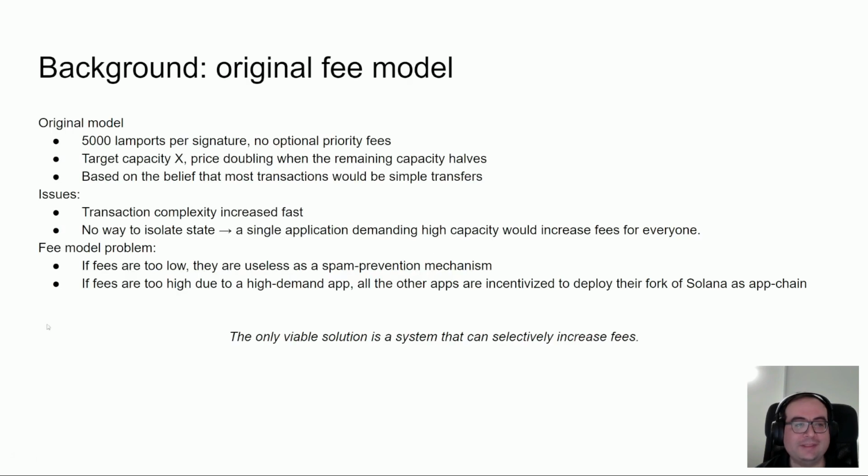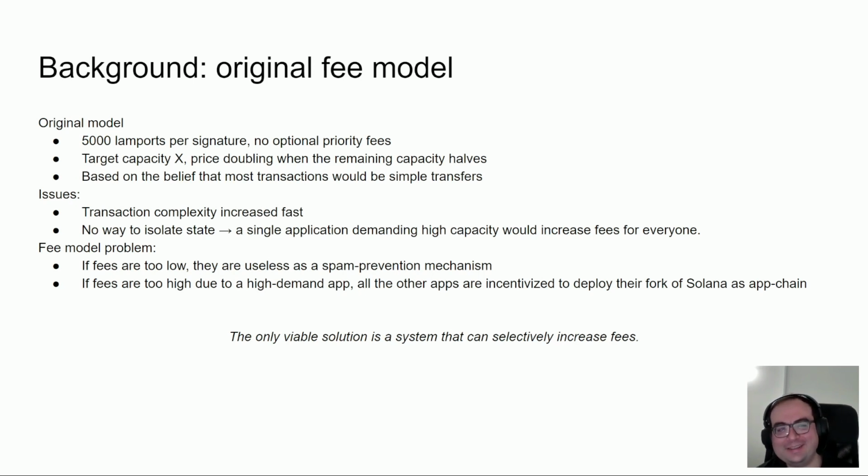SVM Execution Economics. It's another blog post from Toli again on Sollinked. You can find it there. It's now available for everyone. The idea is to talk about what's going on with the fee market in Solana, how it's going to change, how it was in the past, how it works now, how we can improve it. That's the idea. So it's a very nice article, and it starts with the background,